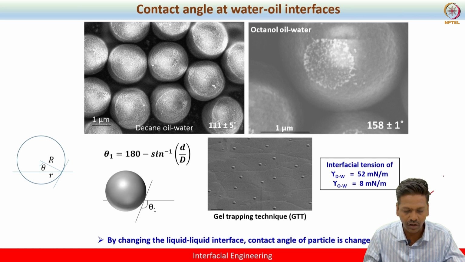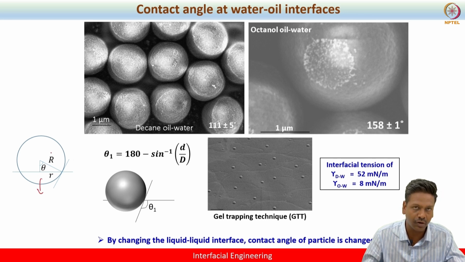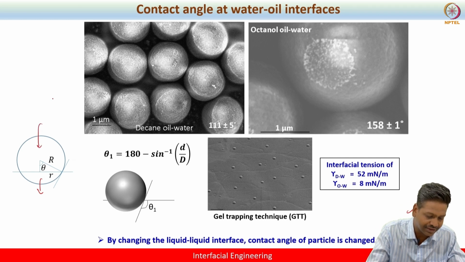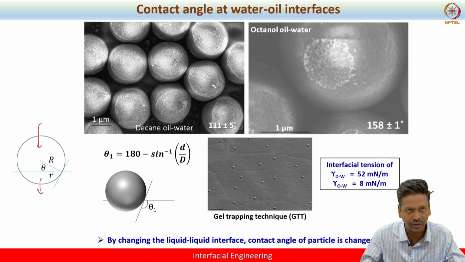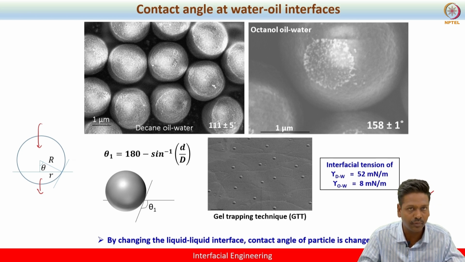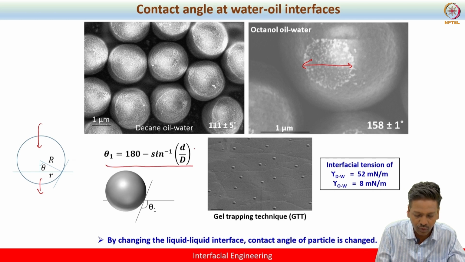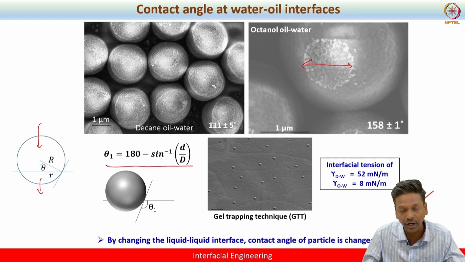A similar technique can also be carried out for the oil-water case. Here you can see that because a very small part is exposed to the water side, you will have deposition at the bottommost part of the particle. When you look from the top using scanning electron microscopy, one cannot see this easily. So what one can do is use carbon tape to flip the particle so that the bottom part is now up for examination. In that way, you can measure the small d, which is the coated region in this case. By using the geometric rule, one can measure the theta for a hydrophobic particle.